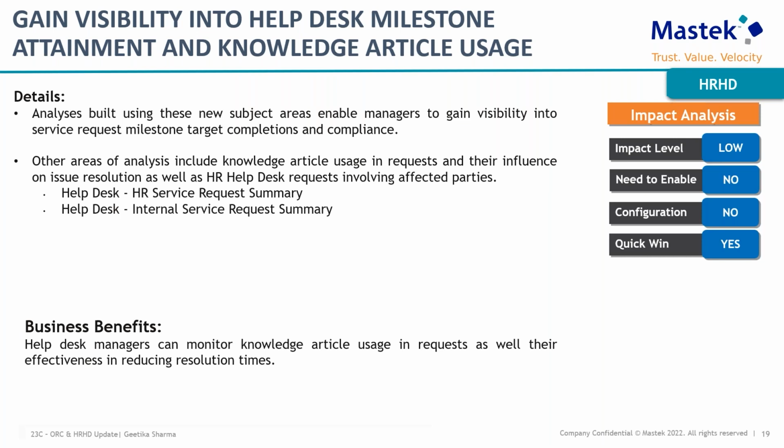So this is a business benefit that everything would be as per your organization and your business process. The next one is regarding the analytics update. So all the upcoming ones would be analytics updates only for HR help desk. In this, we have introduced 2 new subject areas called HR service request summary and internal service request summary. With these new subject areas, managers will be able to gain insight or visibility into the service request milestone target completions and